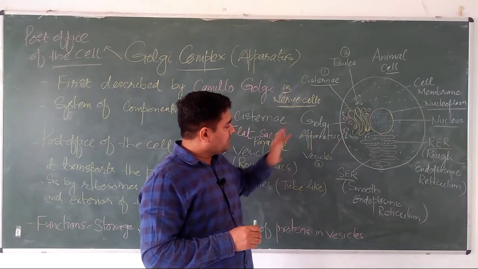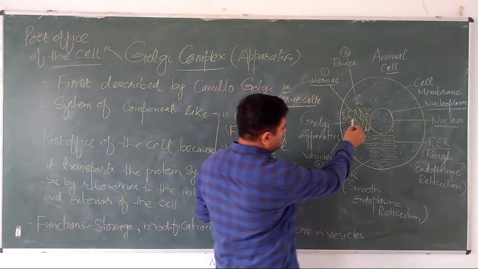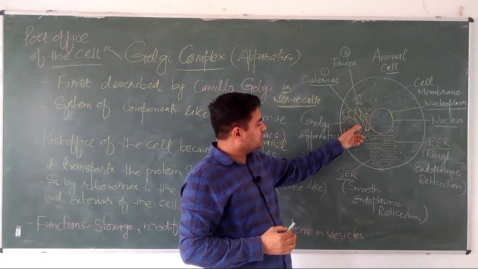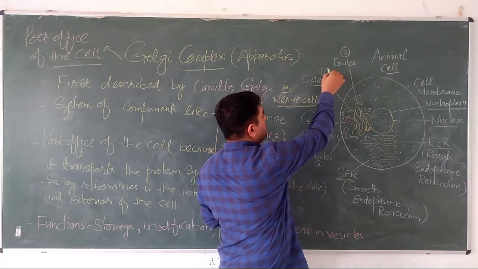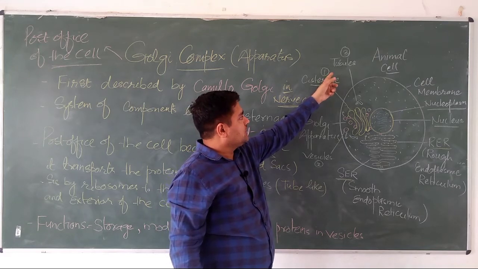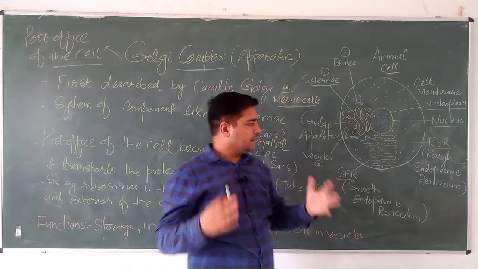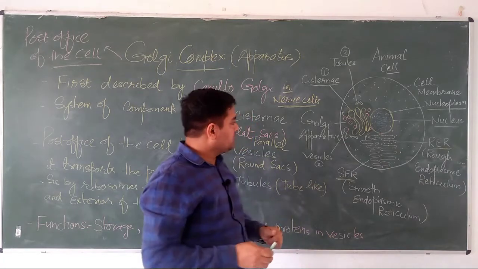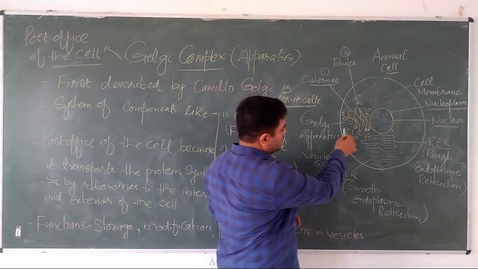So in this animal cell, I describe to you the Golgi apparatus. What is Golgi apparatus? Actually, this is a system of 3 components. These yellow flattened sac-like structures are known as cisternae. I marked this cisternae as 1 because this is the first component of Golgi complex. Long flattened sac-like structures which are parallel to each other and stacked at a place. And the second kind of component is round vesicles. These are the vesicles.